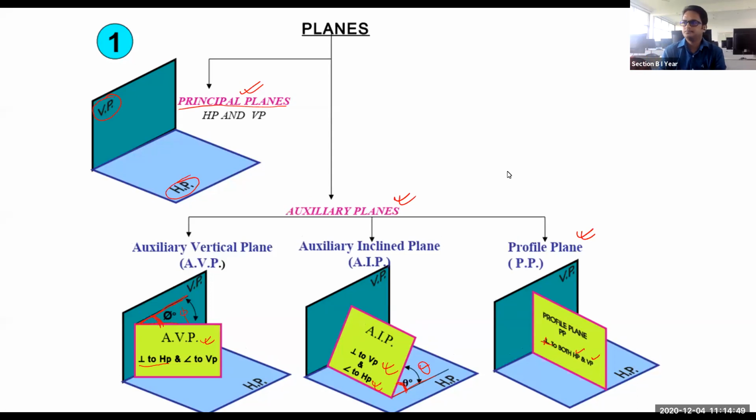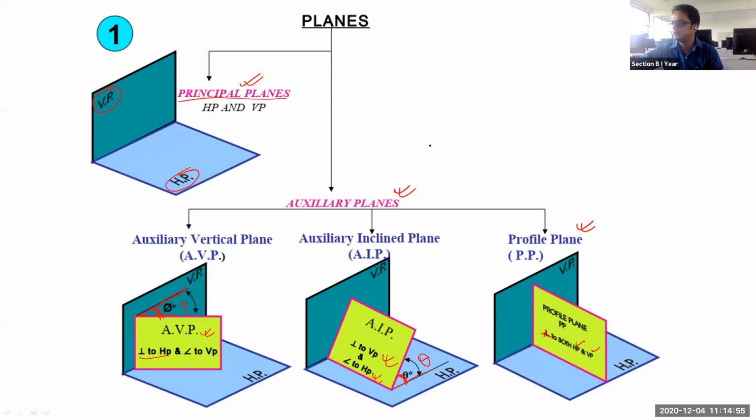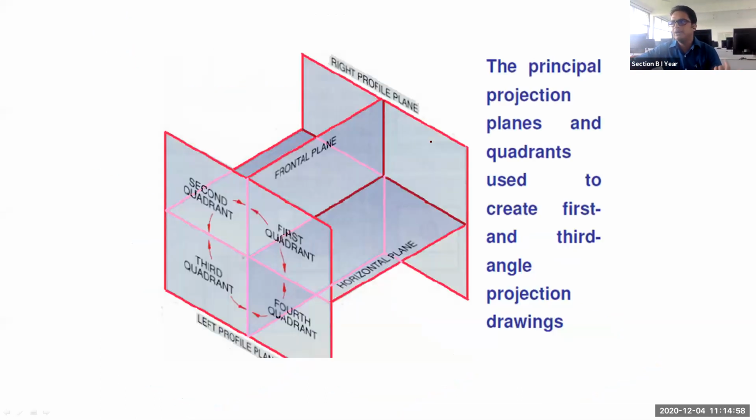Again, I'm going to share the screen. The planes we have discussed, the quadrants you have seen just now as an example. Also, I have shown you what your horizontal plane is, what your vertical plane is, and what the four different quadrants are: first, second, third, and fourth. You need to see this orientation. We are going in an anti-clockwise direction.